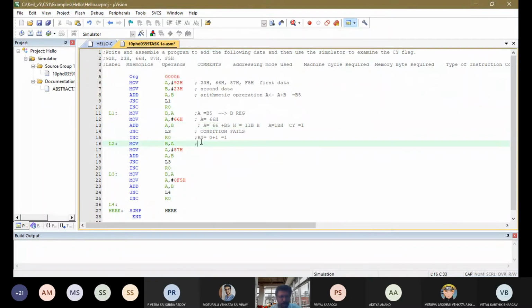Now MOV A, B. Now B becomes 1BH. Again A becomes, in immediate addressing mode, 87H. Now this is the register addressing mode: ADD A, B. So A equal to 87 plus 1BH.